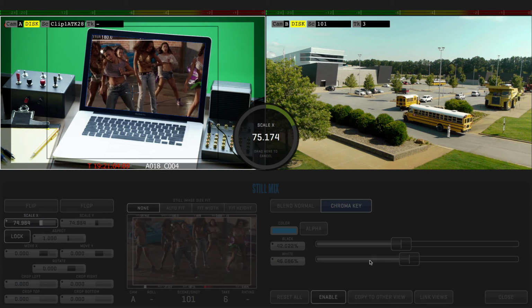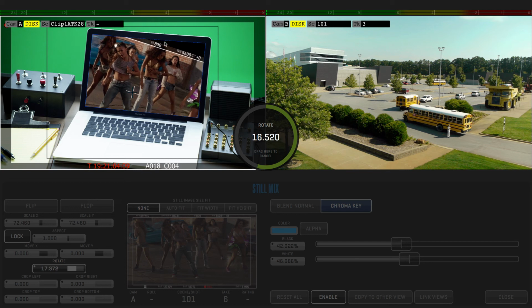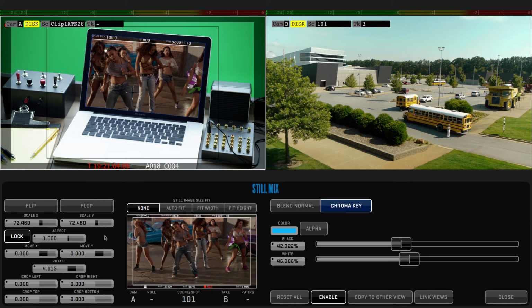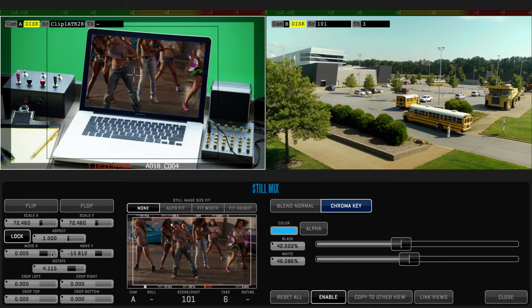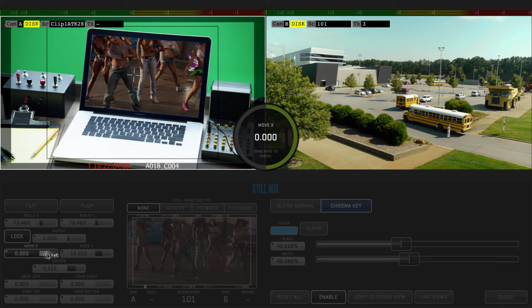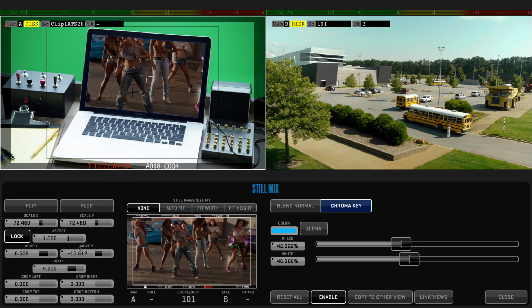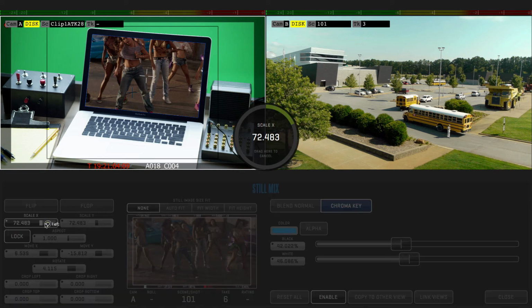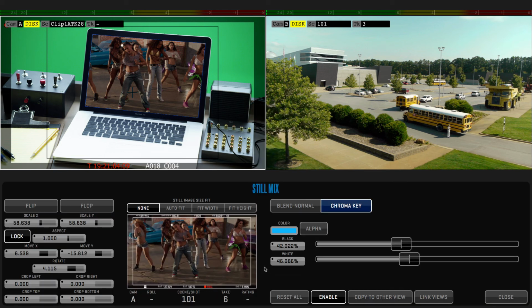So I'm going to bring it to about here, and then I'm going to go ahead and rotate the image the other way. And now I want to move it up in the frame a little bit, and move it over just a little bit as well. Get the crosshairs in the middle. And then I'm going to scale it out just a little bit more to get more of the frame in. Okay, so now that I've got this lined up, I can go ahead and output that, and